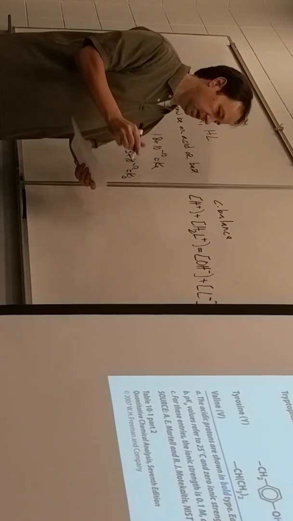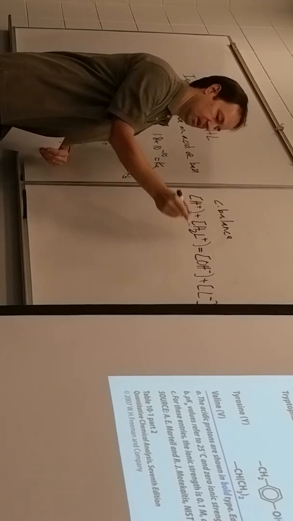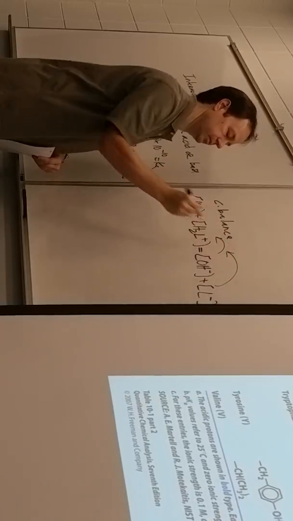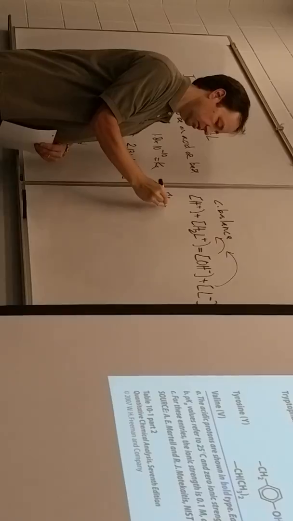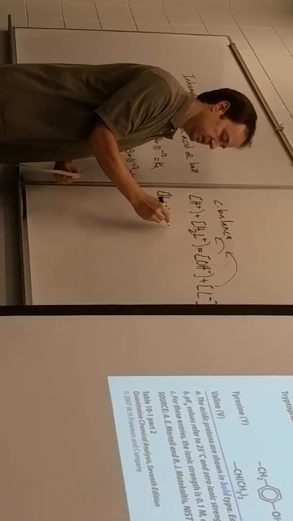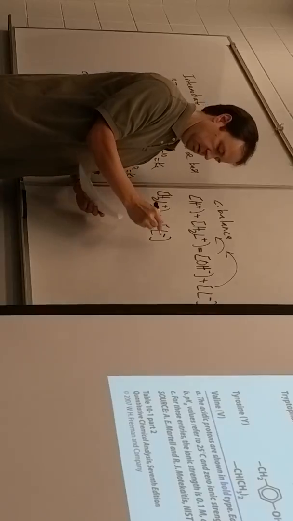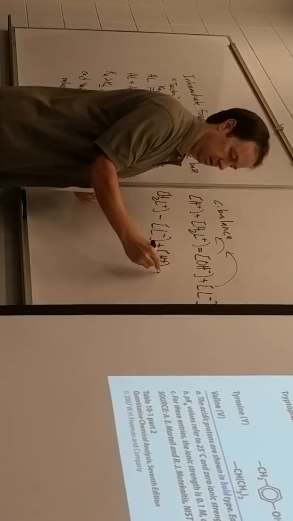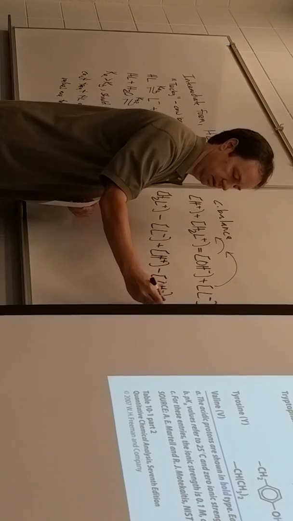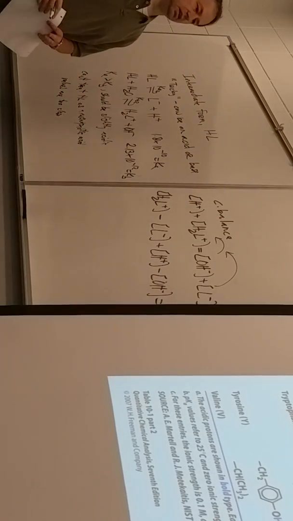And you say, okay, I've got 4 players in there, but none of them are the species I actually started with. That's going to be a problem, because I was given the concentration of HL, but that's not even in my equation. Let's rearrange this a little bit and put everything on the left-hand side. So H2L plus, minus L minus, plus H plus, minus hydroxide equals 0. So we've just rearranged the equation and put everything on the left-hand side.